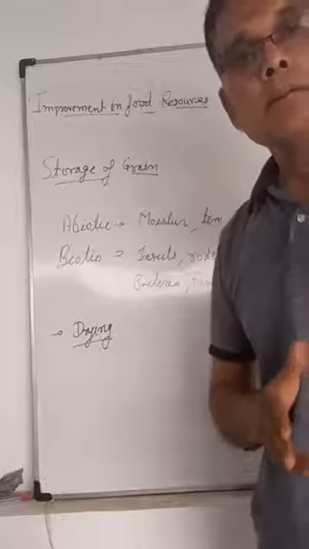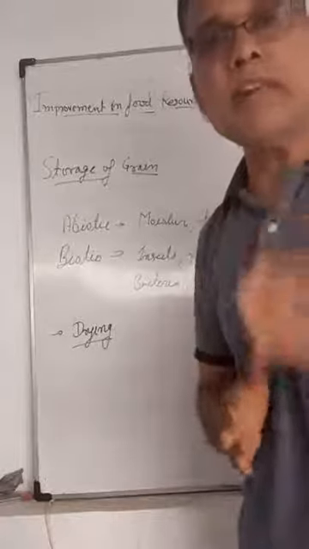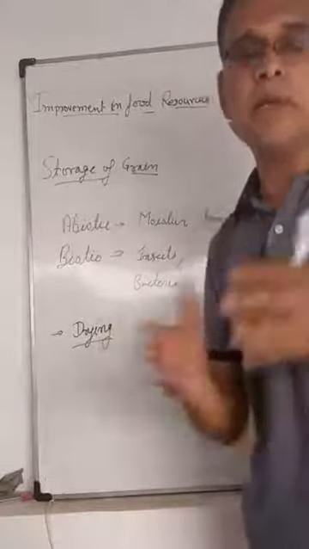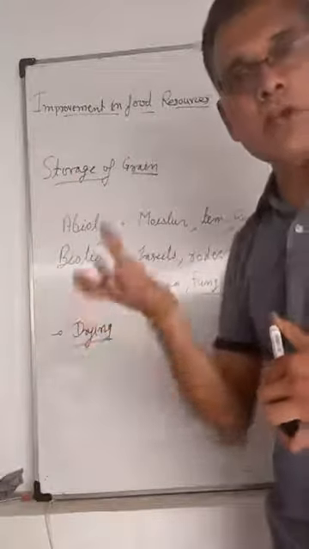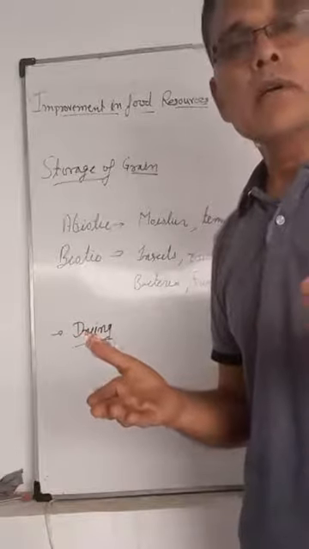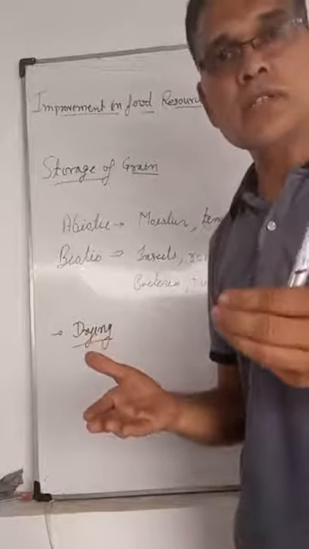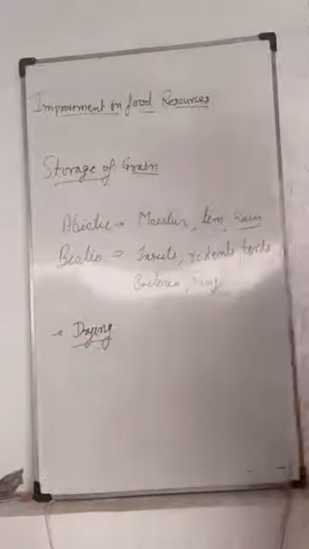That will be less than 15%, not 50%. Less than 15% moisture is the proper drying. If moisture is there in the particular grains, it will increase pathogens and reduce the quality of the grains. Proper drying,